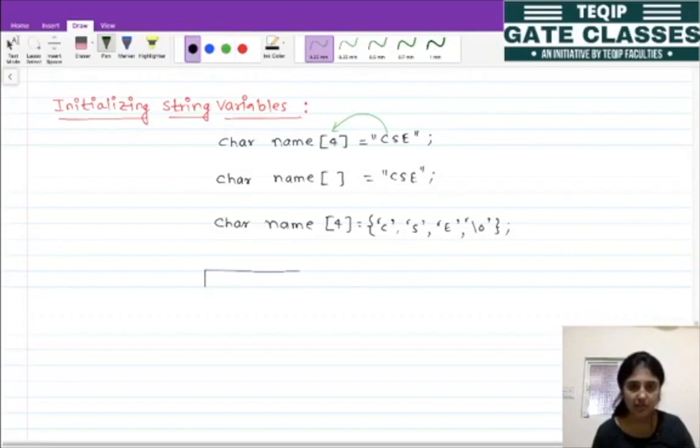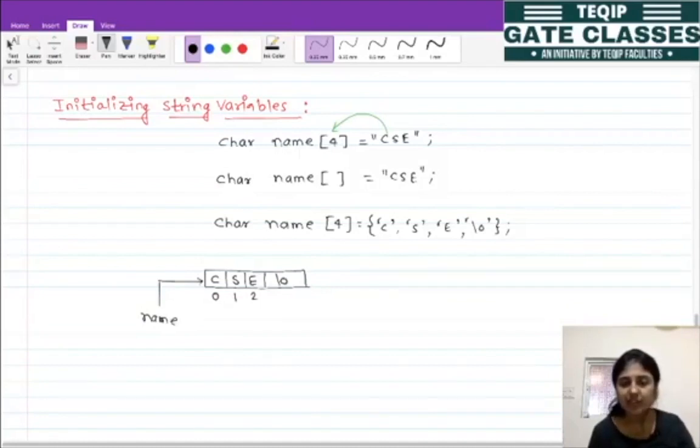So internally there will be one array created with 4 blocks. At the first location there will be C, on the second location the S is stored, and then E, and finally it is terminated by the special symbol. This name is going to hold the base address of this character array, right. So here if you observe, we have not passed any null character, है ना, but by default C will append that null character into the actual array.